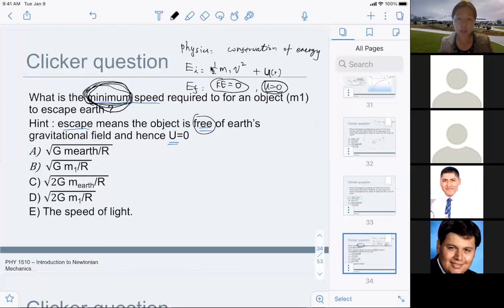Okay, so now we have all our energies and there's no inputs and outputs, obviously. Here we're treating Earth and the object as the system. The force between them is an internal force, there's no external force. So we have no energy inputs or outputs. So E_F minus E_I is equal to the energy transfer, which is zero. So we just make these two energies equal. E final is zero energy. And what is your initial? Initial is your kinetic energy plus your gravitational potential energy, and we talked about that being negative